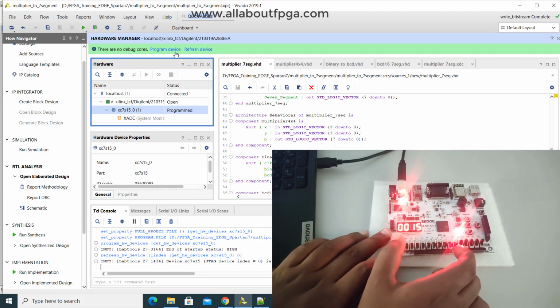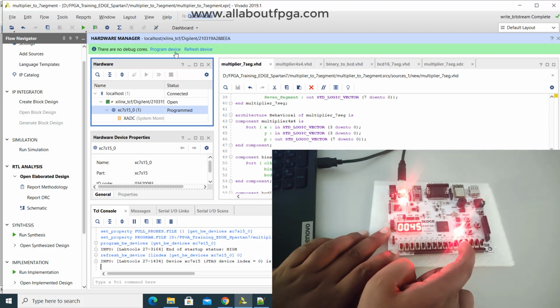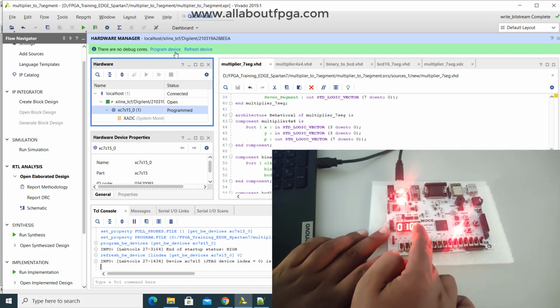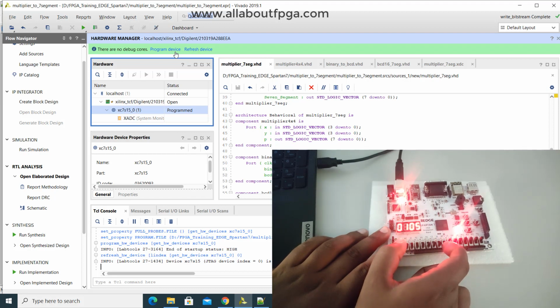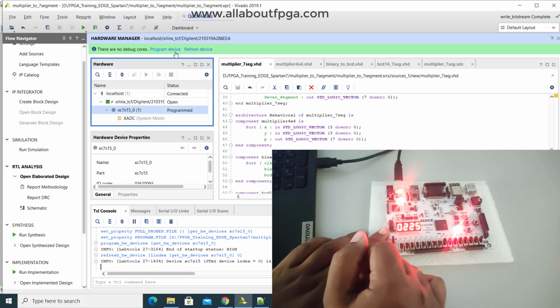If I make it 1 1, that is nothing but 3, 3 into 15, that is 45. In case these 3 bits are high, that is 7 into 15, it will give you 105. If I make all 4 bits high, then it is 15 into 15, 225, that is displaying.